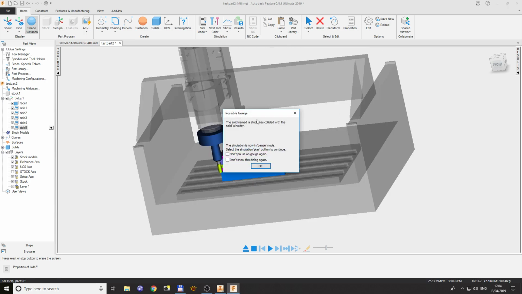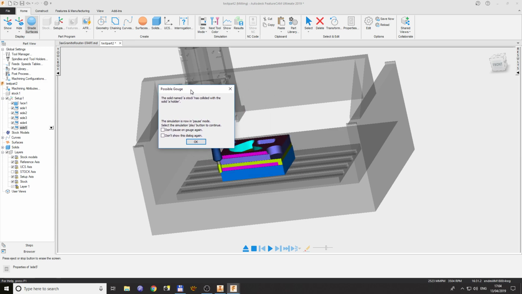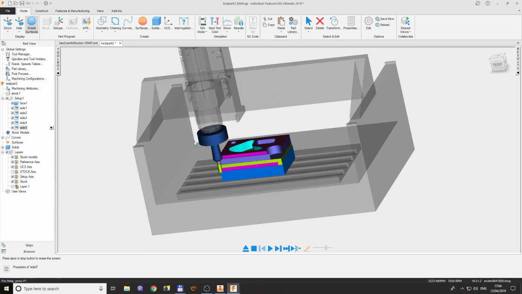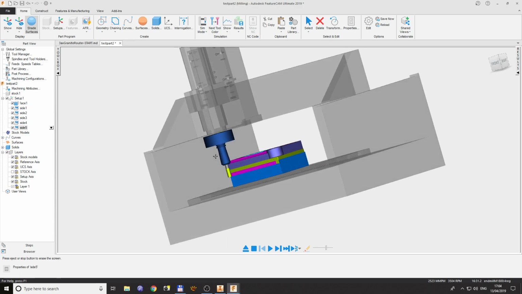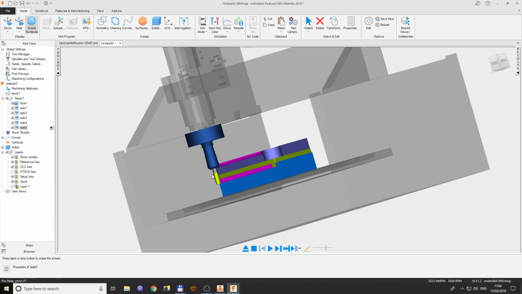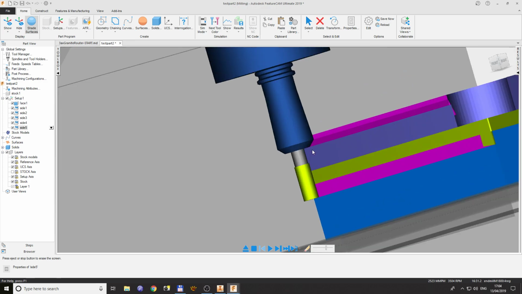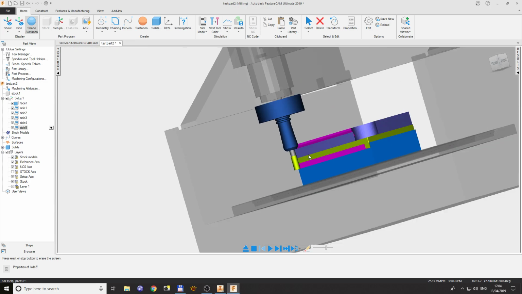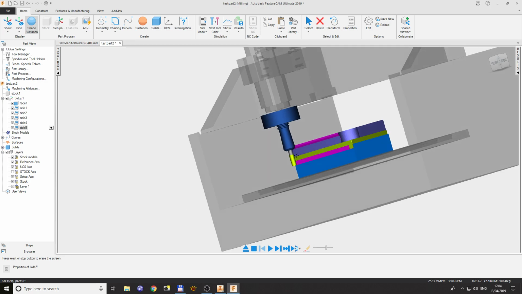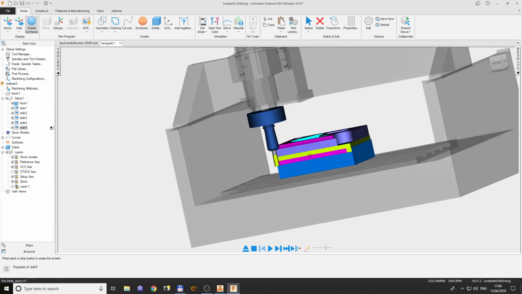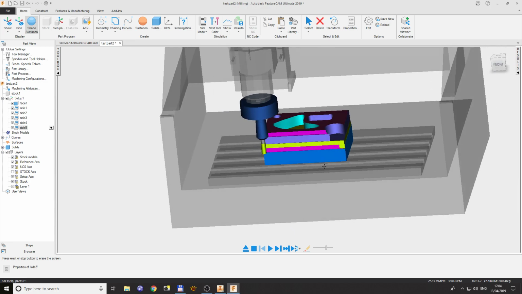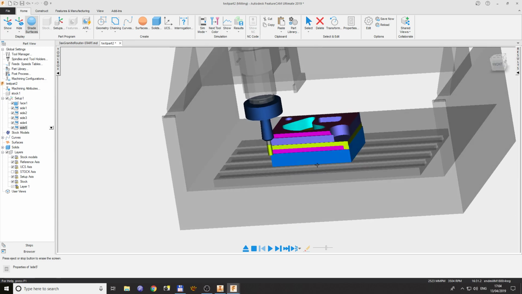That's it. It warns you something happened. Let's see what happened. There is obviously a collision. Is the length of the tool suitable for this job? But yeah, I just wanted to show you